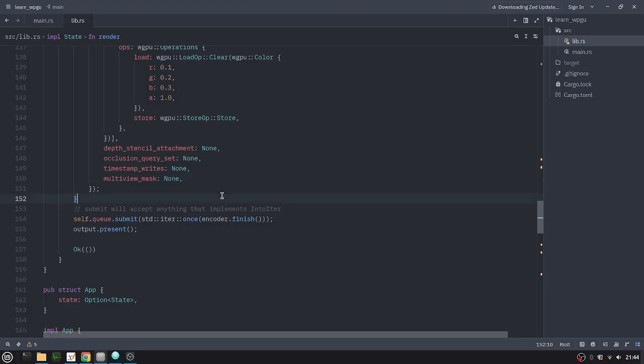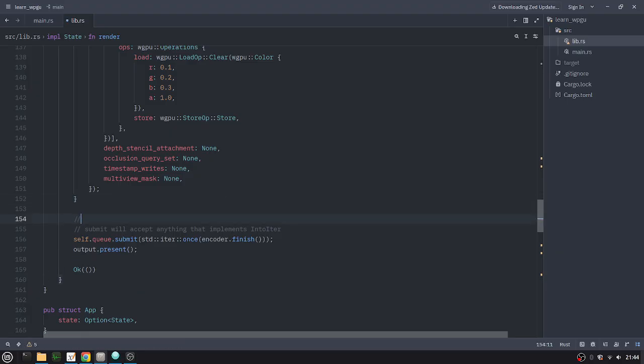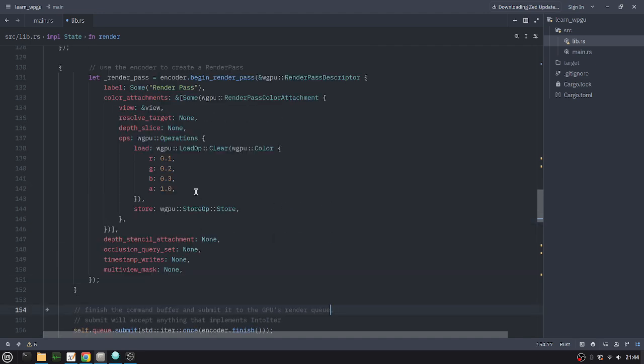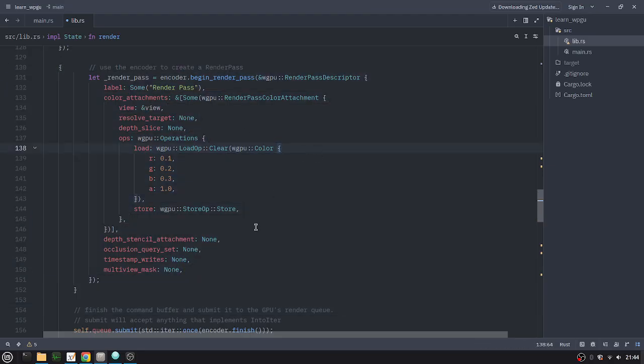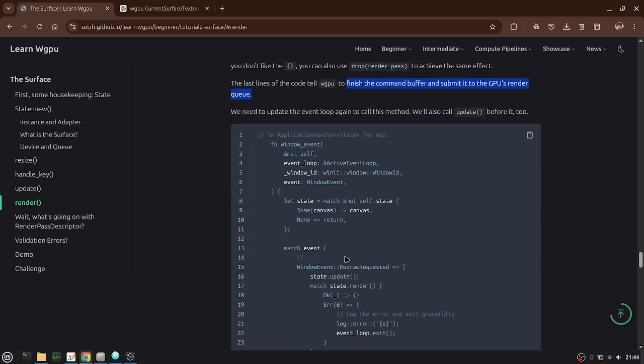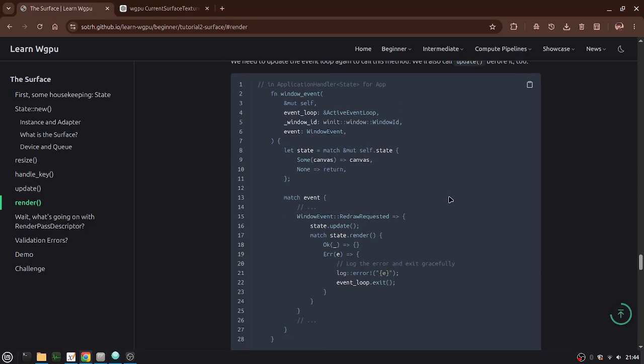So this thing just submits the commands to the GPU, where it will wait in queue for the GPU to render. And these are the things that we want to draw or have something in relation to the stuff that we want to draw on. And we need to update the event loop to call this method. And we need to call update before calling render. So in window event,